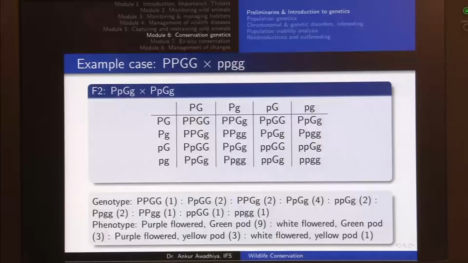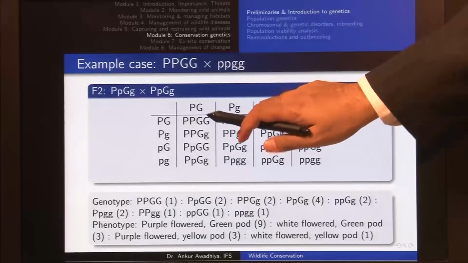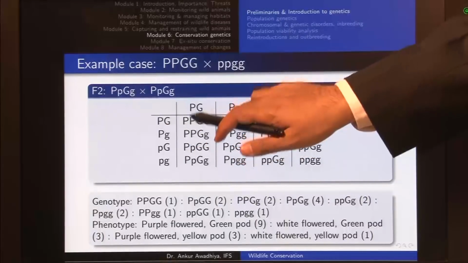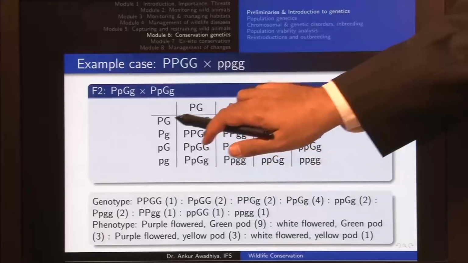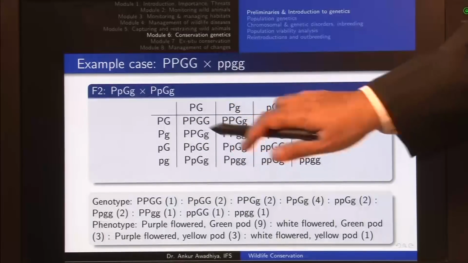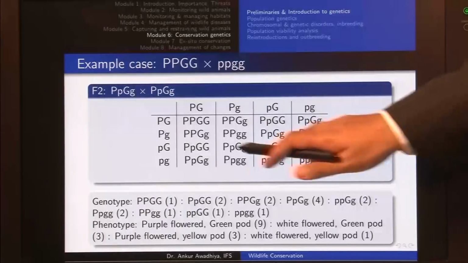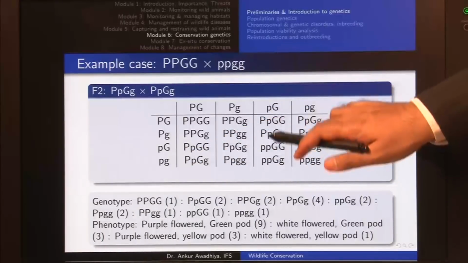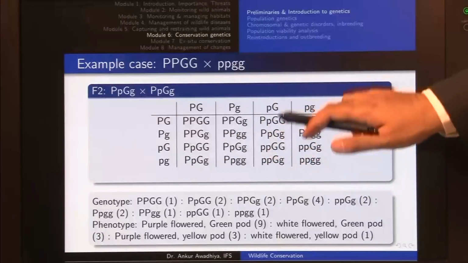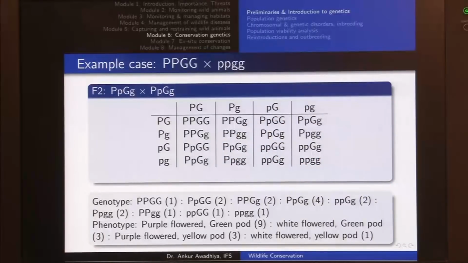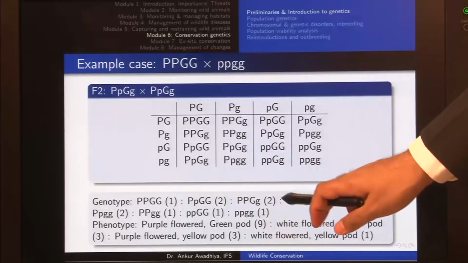Now you can make all of these combinations back again. So this individual is getting capital P from here and capital P from here, capital G from here and capital G from here. Similarly, take any other individual, let us take this individual. So this individual is getting small p from father, small p from mother, capital G from father, capital G from mother. So we can make all of these combinations, and in this case our genotype will be